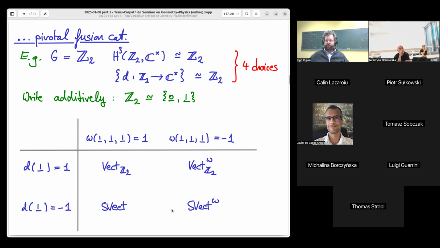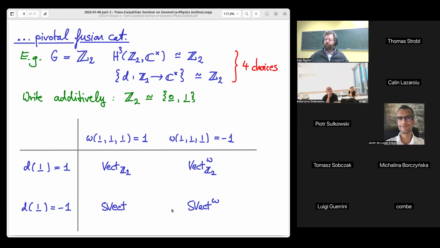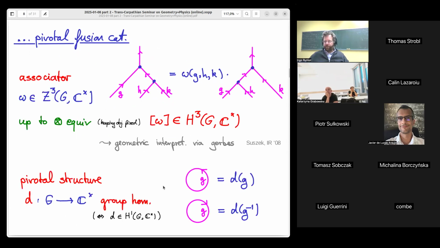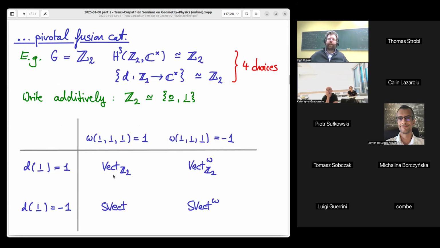What is the difference between Z2 graded vector space and super vector space? Right. And it's in what I mean by the value on a circle here. So think of this, if this were a vector space, then the value on a circle would be the dimension of that vector space. Right. So in the Z2 case, even for the Z2 graded vector space, I just compute the total dimension. But in a super vector space, I have the difference, even dimension minus odd dimension. Okay, understood.